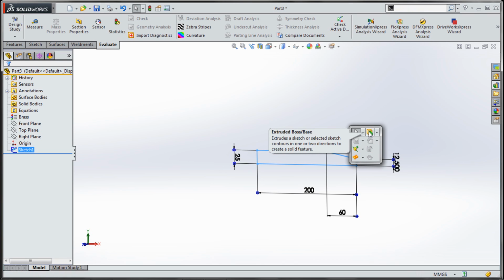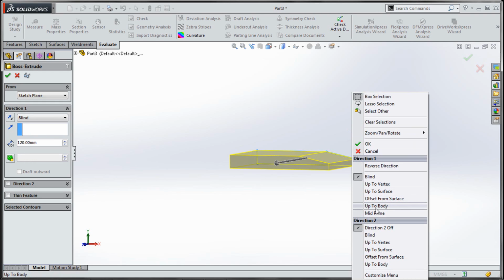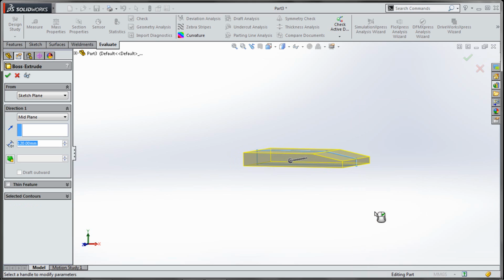I pressed the S key on my keyboard to get this shortcut and choose extruded boss, place a value, right click, midplane, and again right click to confirm.